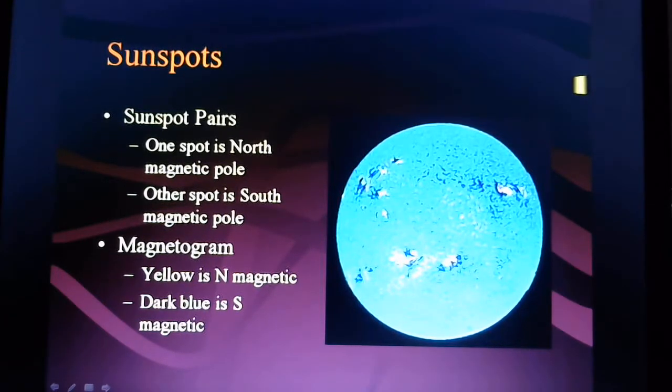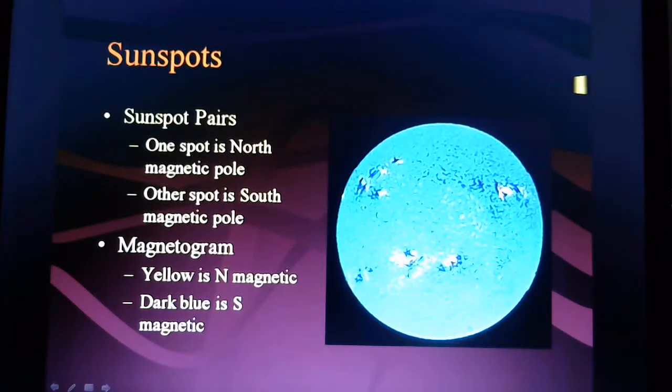In this diagram, which is called a magnetogram, yellow is a north magnetic pole, something that's bright yellowish white like this or like this, and then the dark blue is a south magnetic pole. So you have to have north and south magnetic poles together. This is figured out again by spectroscopy, and we are able to map out where we see stronger magnetic fields on the surface of the sun by going over the entire surface and measuring those stronger or weaker magnetic fields, and then getting this diagram called a magnetogram, which you must agree does not look like the regular photosphere